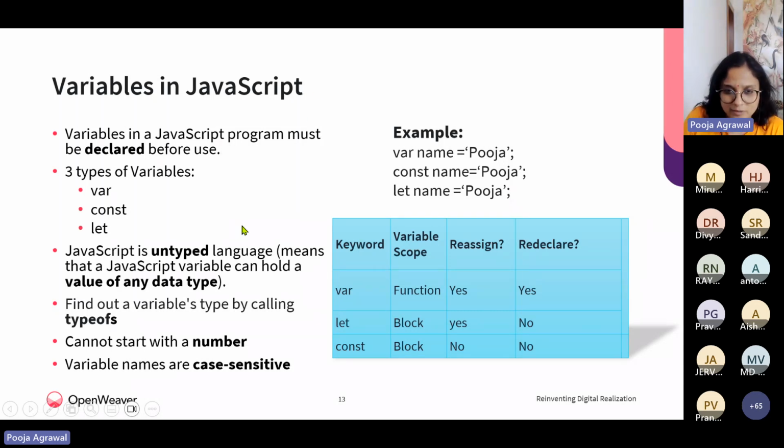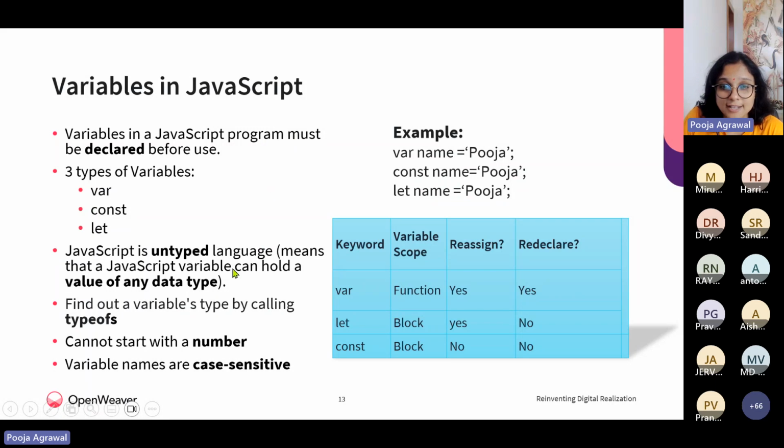But when we go with the keyword let, since the scope is within the entire block of code, can I reassign a value? Yes, you could reassign a value, but you can't redeclare it. That way the computer would get confused, wondering why there are two variables with the same name. So only value reassignment is possible, but no redeclaration.